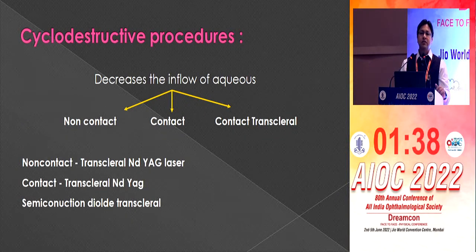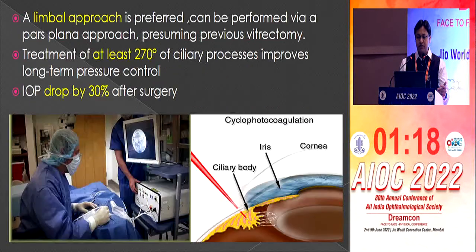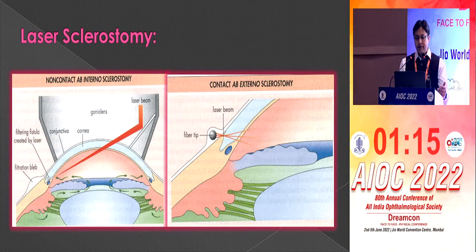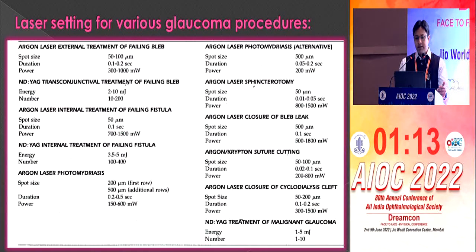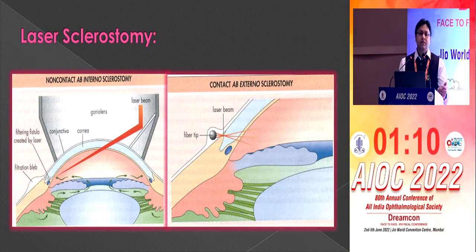Cyclodestructive procedures just lead to a lot of hypotony and other problems, but in cases or places where these facilities are not available and there is some emergency, you can do it. Or better, we request you to not do it so commonly and refer the patient to the available options where they are available. Laser sclerotomy can be done for some cases if it is available in a good center, usually for failed cases and multiple surgeries.